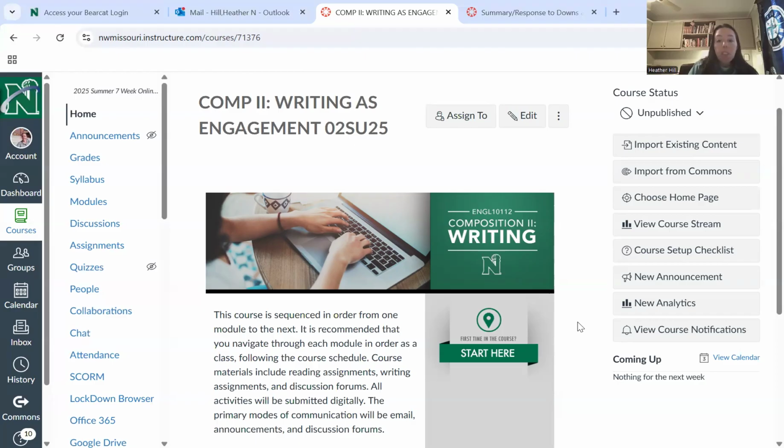The most important thing to remember is to click on our course and go through, start here, start at the top and just work your way down. You do have to go back sometimes, but mostly you can work your way down. And if you're ever confused or not sure what you're supposed to be doing, just let me know and I will get back to you. I'll answer your email right away, or if you want to get on Zoom, we can do that as well.